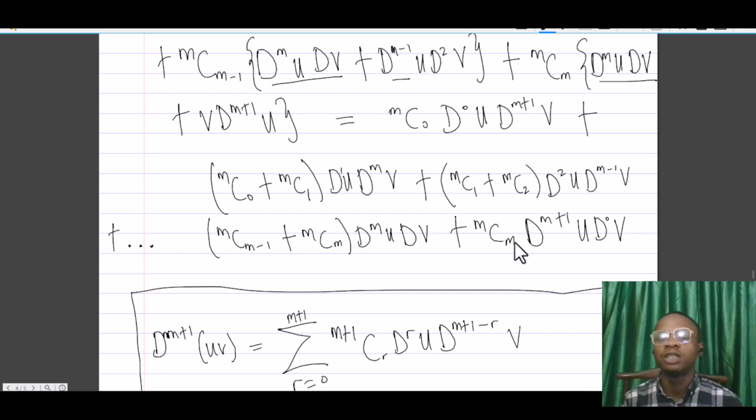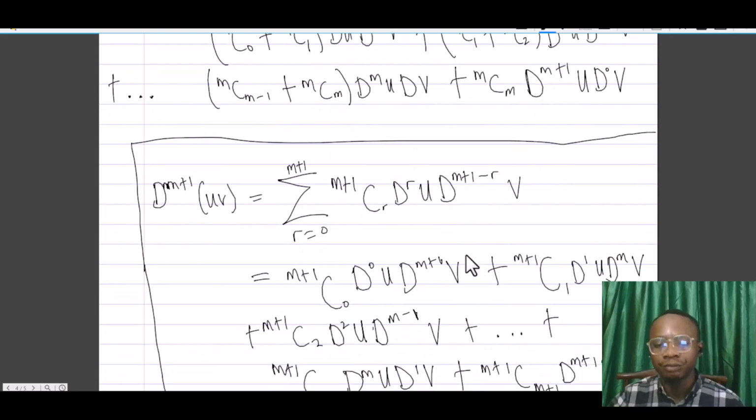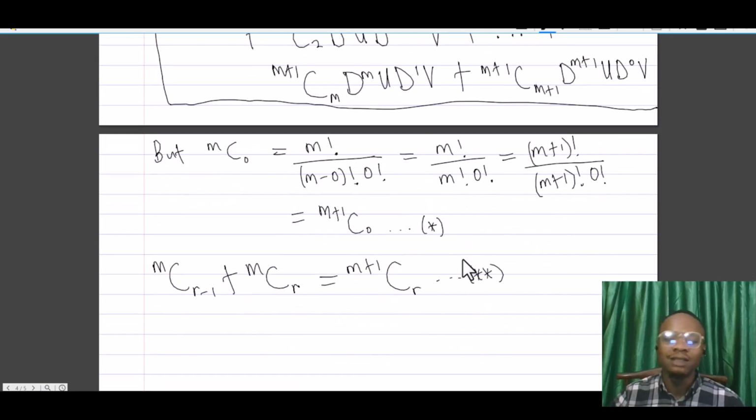So m combination m is the same thing as m plus 1 combination m plus 1. So there is no further check about that. But we can write it out anyway: just like m combination 0 was m plus 1 combination 0, if we have something like m combination m,